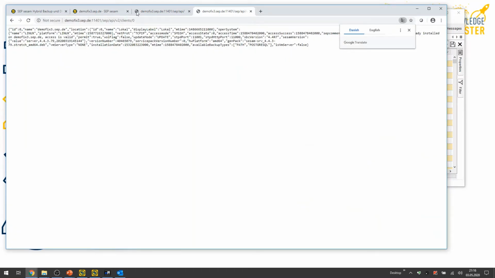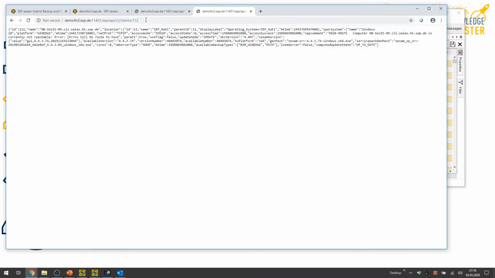And now here the ID 0 is the backup server itself. It's our demo fix 3, and this is all the information of the backup server. You can see the Linux installation, so that's the client side of the backup server, because every backup server is also a client. And you can also use another ID, and now this one, that's my own laptop, and it's